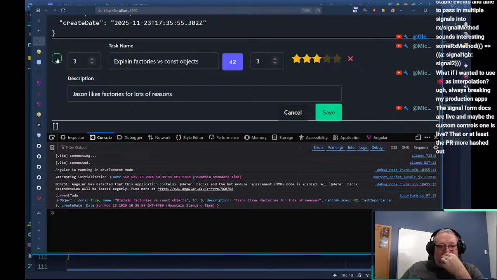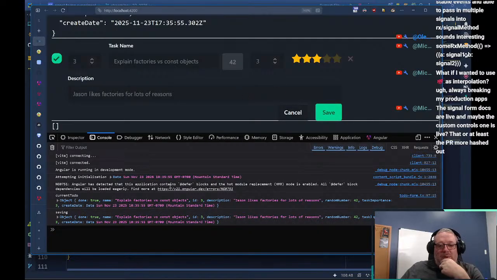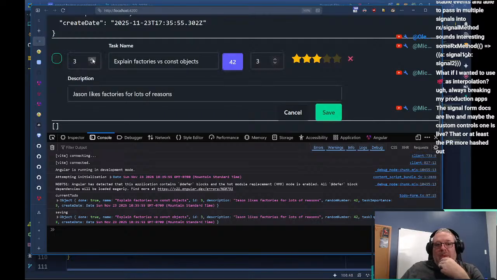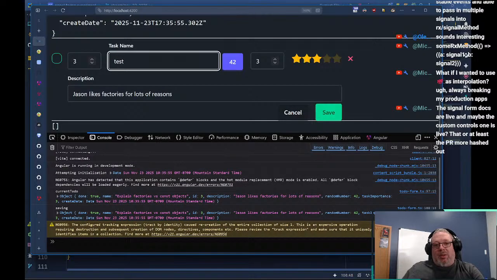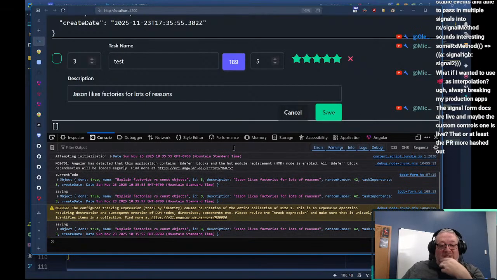Well, that's not true because somebody may check it. So the save button should work. So there we go. Like we can test that. Boom. Set our stars. And if we save that, we should see it's still ID 3, description, that random number.